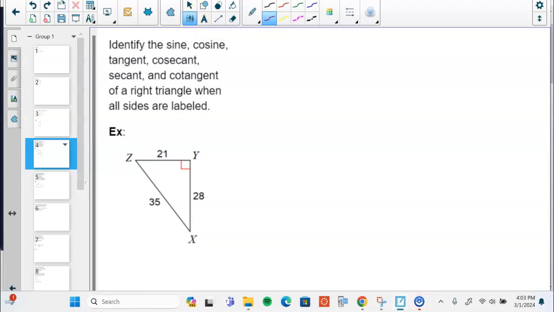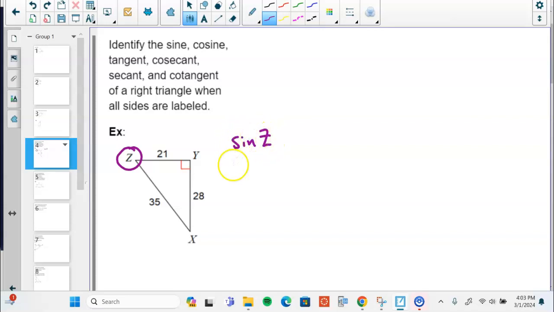All right, we are going to do the basic question in trig ratios. We're going to identify the sine, the cosine, tangent, cosecant, secant, and cotangent of a right triangle. And according to our roadmap, the angle we're interested in working with is the angle Z. It didn't tell us that on here, but we're going to do this for angle Z. And what we have is,